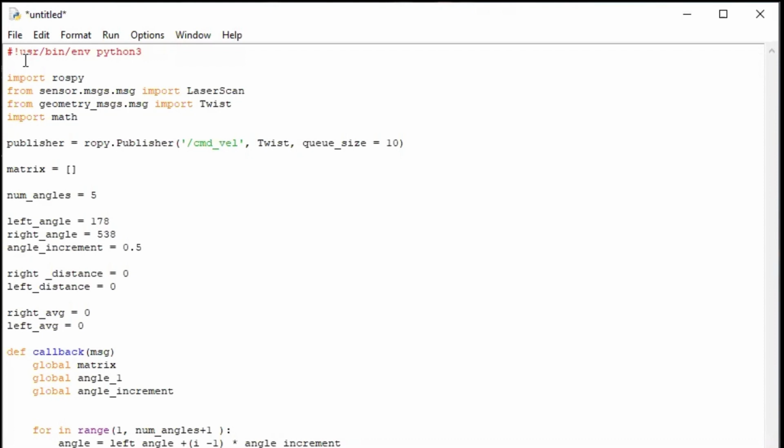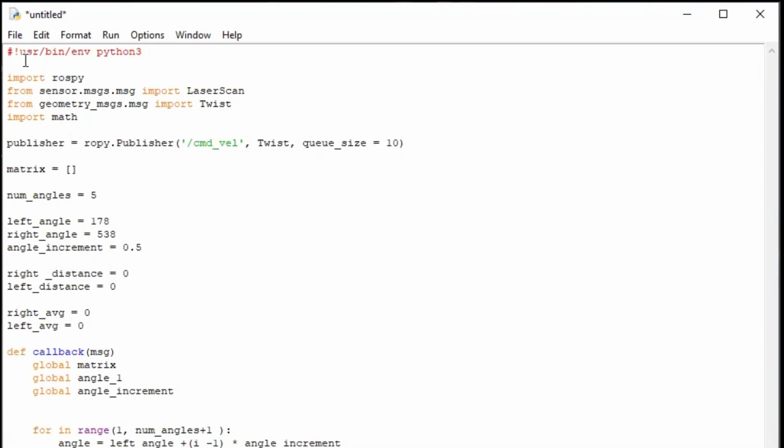If the length of the matrix is equal to the number of angles, which is 5, so if all of the 5 angles are completed and stored in the matrix, then we will take the average of